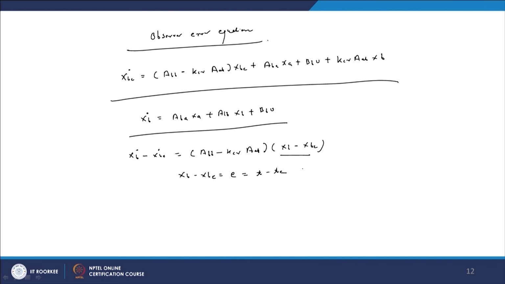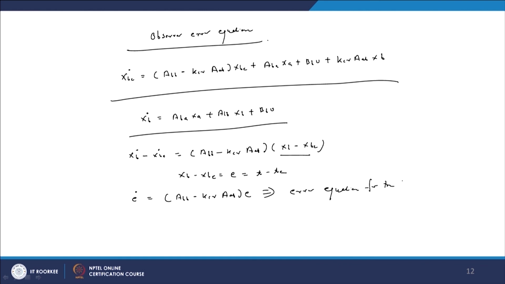Therefore, E dot equals (ABB minus KER into AB) into E. So, this is called the error equation